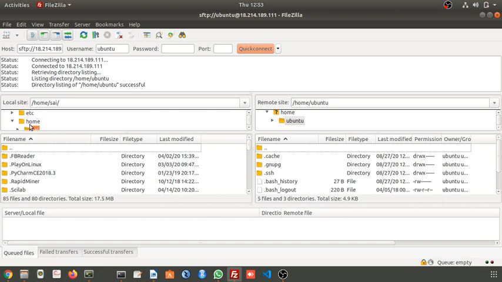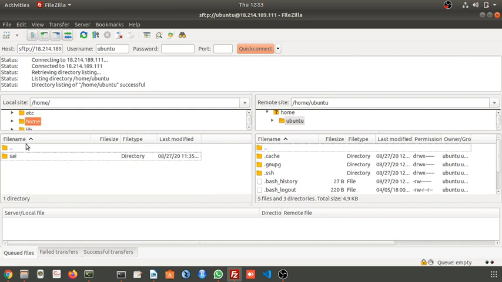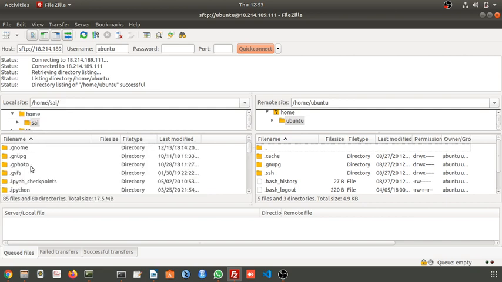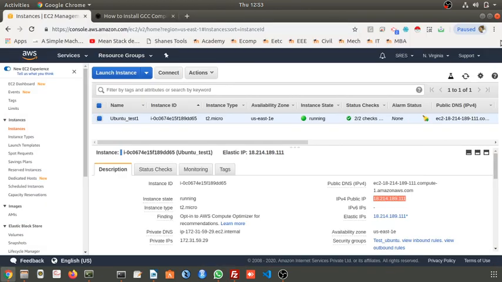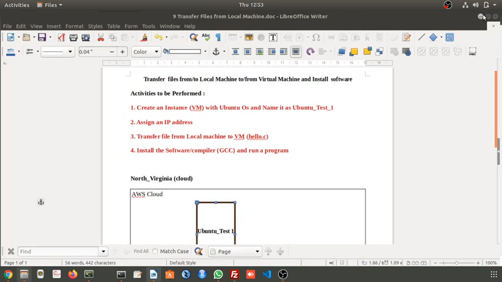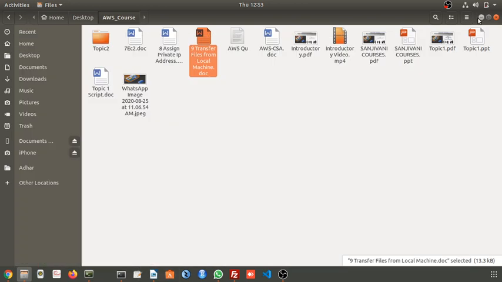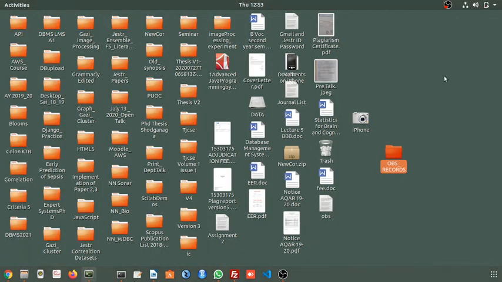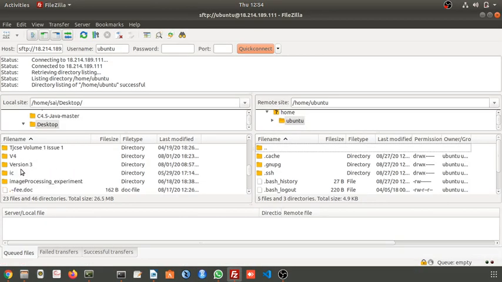Here you can see my desktop. All the files and folders available on my desktop, you can see here. So these all you can see in this FileZilla interface.